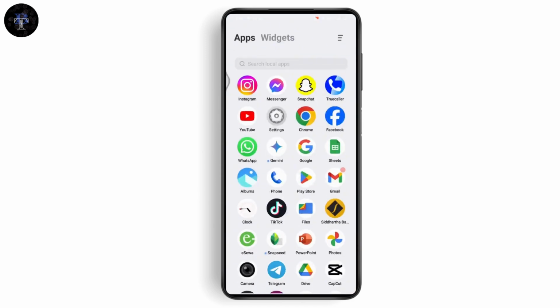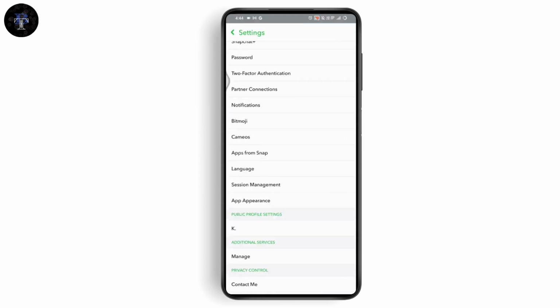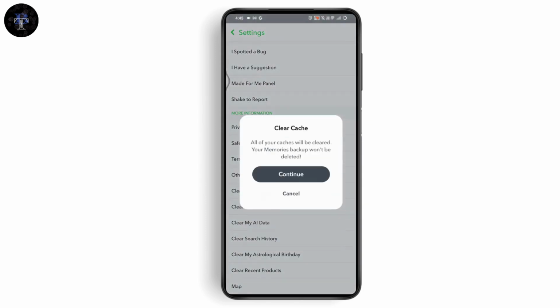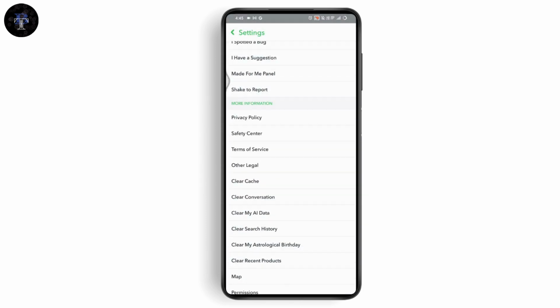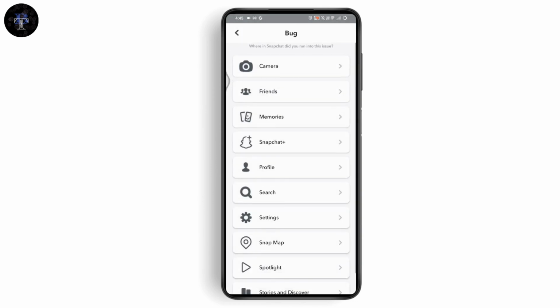be fixed. And the next thing you need to do is open up your Snapchat, go to the profile, which is on the upper left, and then go to settings, which is on the upper right. Scroll down, tap on clear cache, and then tap on continue. Once you've done that, you need to go to I spotted a bug, and then choose the Bitmoji option if you